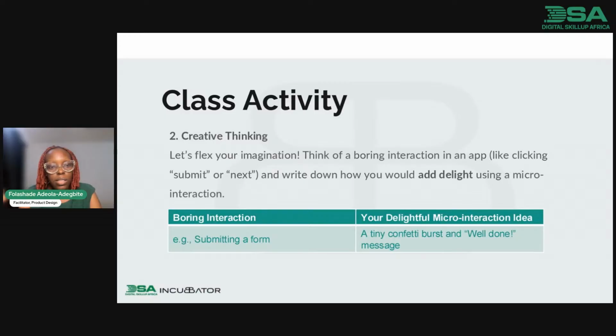For instance, submitting a form. When you're submitting a form, your delightful micro interaction idea could be a tiny confetti burst and a well done message after submitting. Also suggest words and how you can make those words delightful.